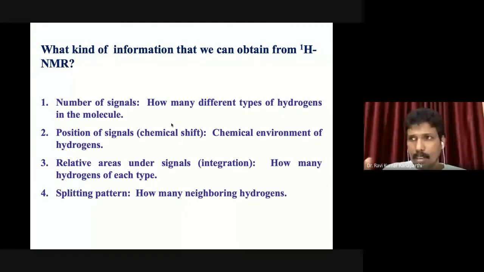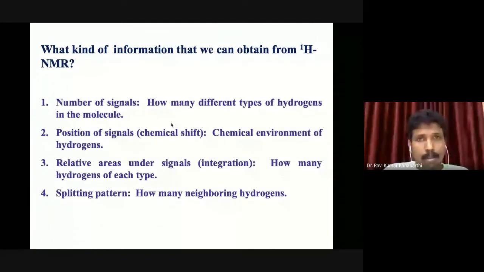that particular molecule. Similarly, if you come across a signal at 5 or 6, then you can say that there is a vinylic proton, right? If there is a proton above 9 and up to 10, then you can always say that there is an aldehyde proton present. So likewise, the position of the signal will give you what chemical environment is present.